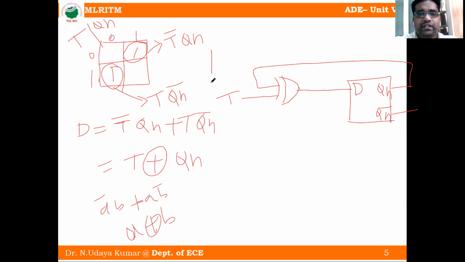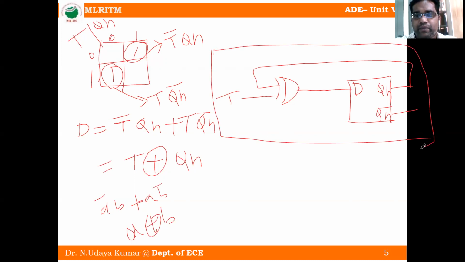Then which flip-flop is this one now? It is a T flip-flop. Okay. Actually we have D flip-flop. So by using this D flip-flop, now we will use it as T flip-flop. Okay, some small change here. An extra circuit is XOR circuit. Okay, even though it is D flip-flop, but function is T flip-flop. So this is the conversion of D flip-flop to T flip-flop.